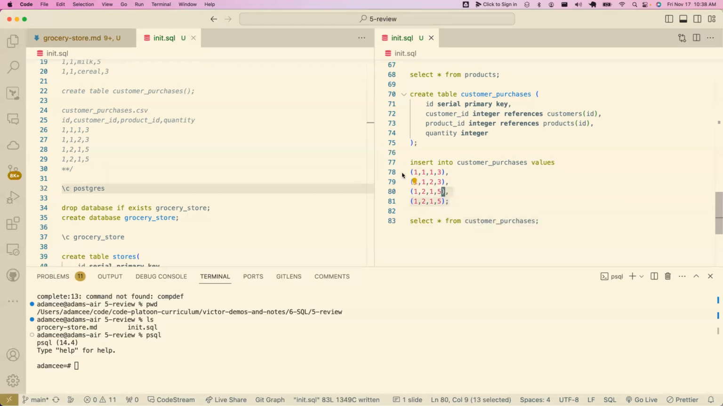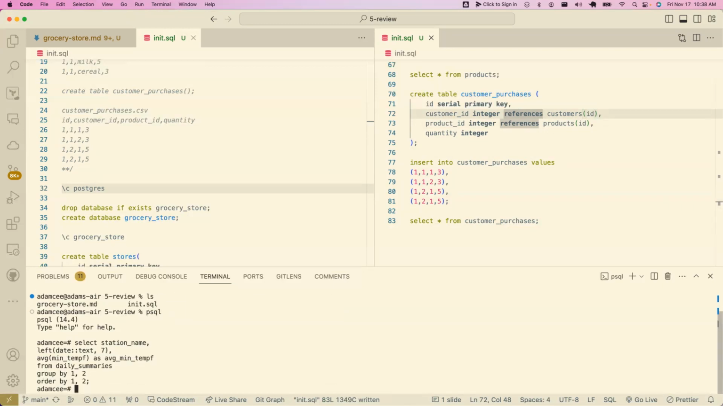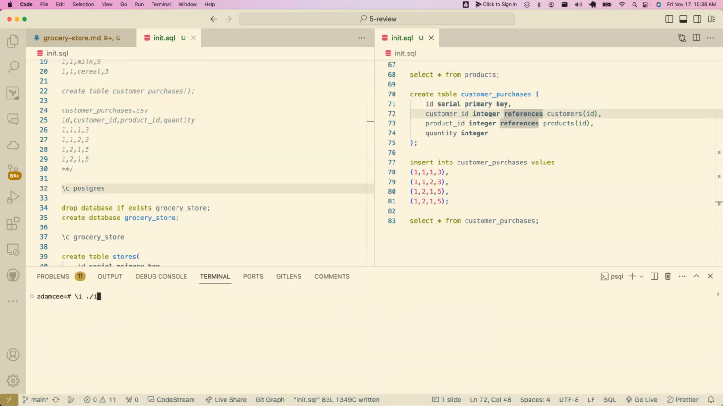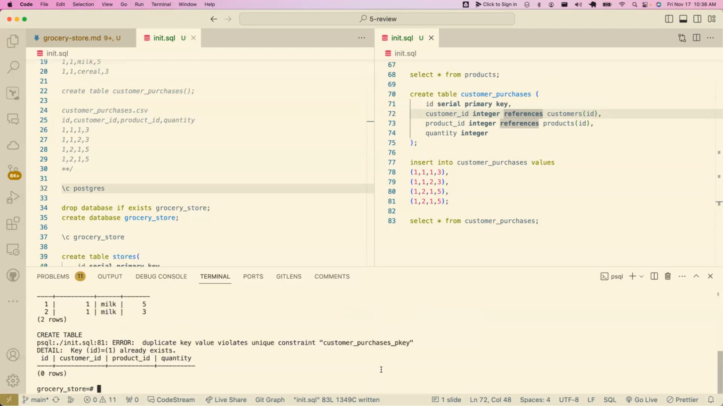And the nice thing about this is these are foreign key references. So if this data doesn't exist, we should get an error. I think we don't really need to worry about uniqueness right now. So I think we're okay here. Let me go ahead and run this. And I do have a duplicate key value violates unique constraint. Customer purchases primary key. Key 1 already exists. And that would be because,